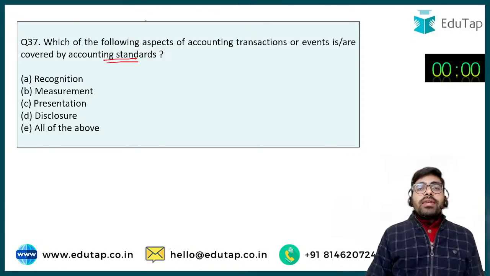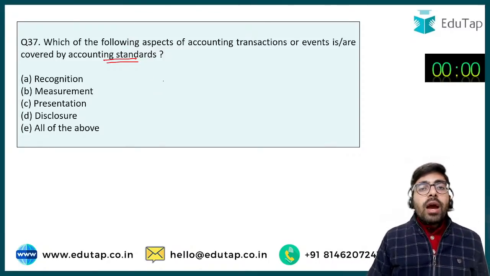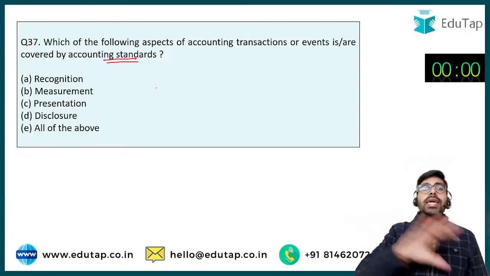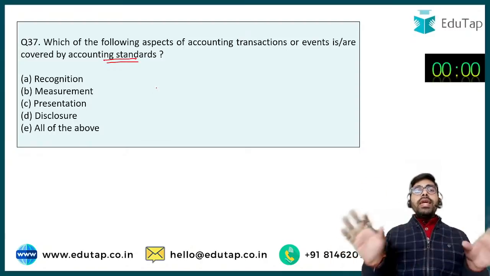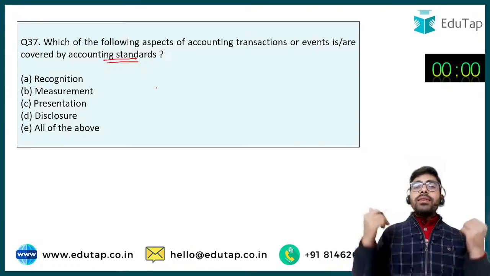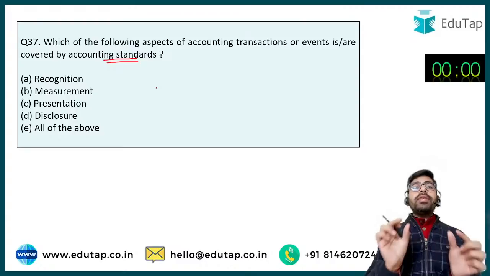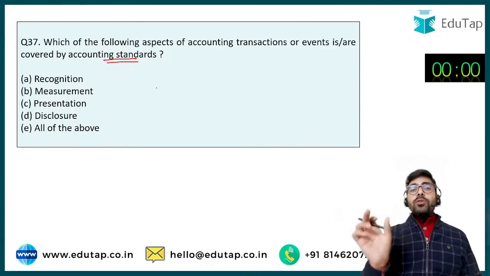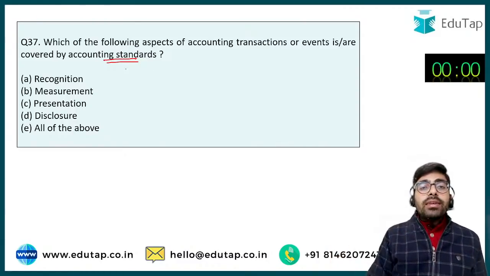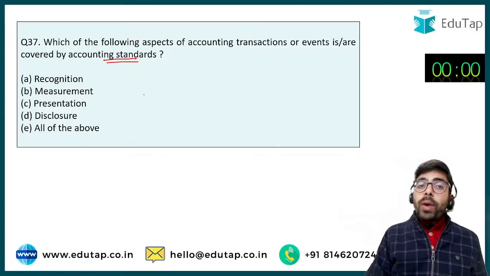So accounting standard, why did we formulate these accounting standards? Because we wanted to standardize the process of accounting. We wanted that every company in this country, whether it's Reliance, whether it's Infosys, whether it's Tata, it should be following a uniform set of accounting principles. So that's why we came up with the concept of accounting standards, and they are going to provide you guidance